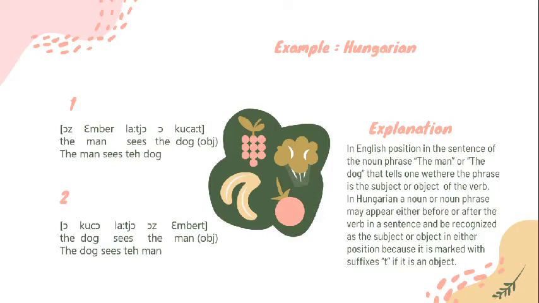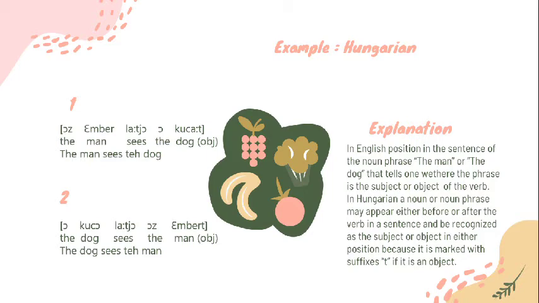For example, there is the Hungarian language. In English, the position in the sentence of a noun phrase, the man or the dog, tells one whether the phrase is the subject or object of the verb. But in the Hungarian language, a noun or noun phrase may appear either before or after the verb in a sentence